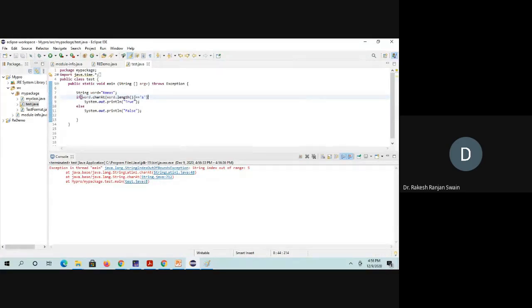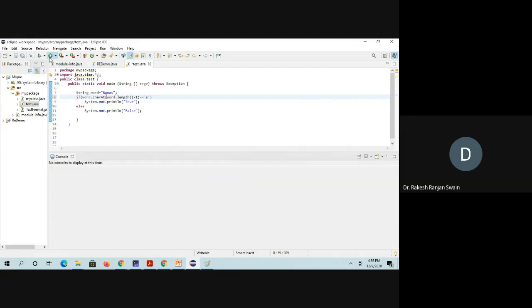Okay, see, length - 1, because it starts at 0, so length - 1. Now see, it is true because the last character is found to be 's', so it will be true. What is the word length? Word length is 1, 2, 3, 4, 5. Minus 1 is 4, which means indexing starts from 0, 1, 2, 3, 4.